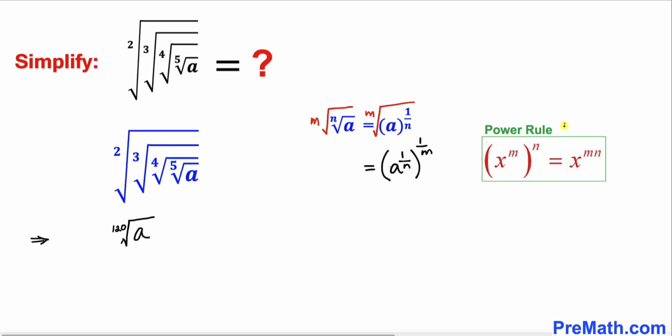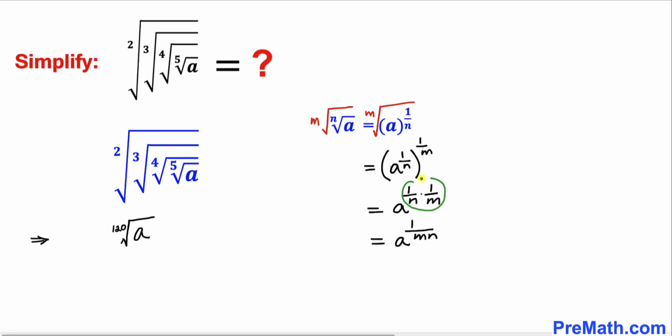And now let's recall this power rule. According to this rule, the right hand side could be written as a power 1 over n times 1 over m, and 1 over n times 1 over m could be written as 1 divided by mn. And this exponential notation could be written in terms of radical notation as the root of a with index m times n. So therefore we can see whenever we have a nested exponent, we just simply multiply them out,